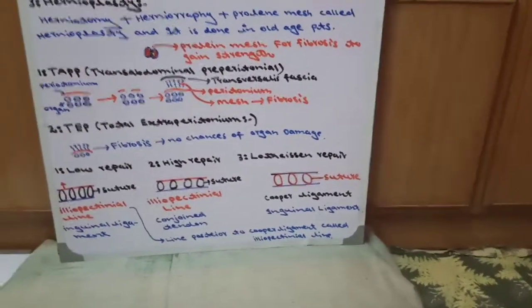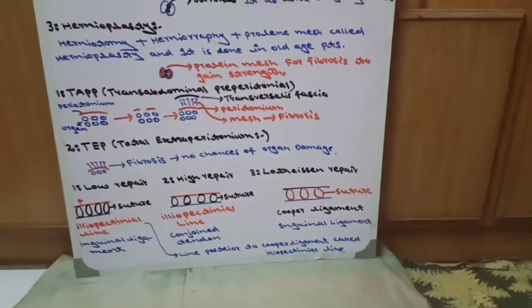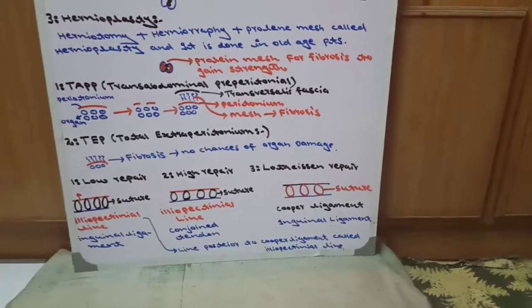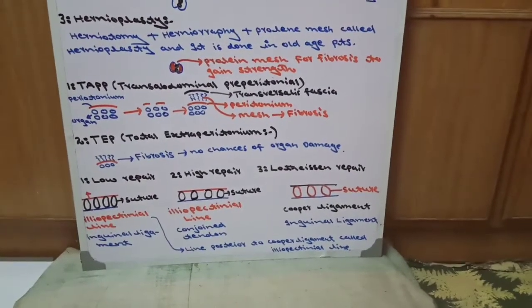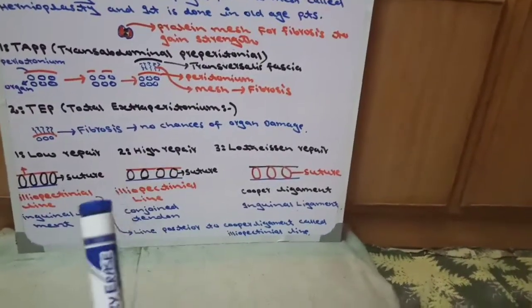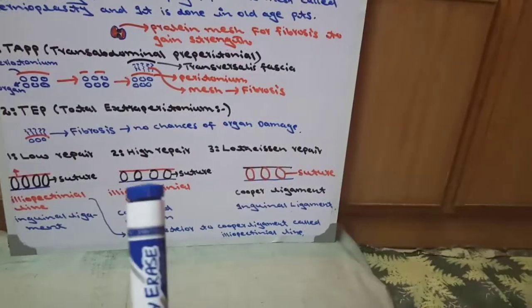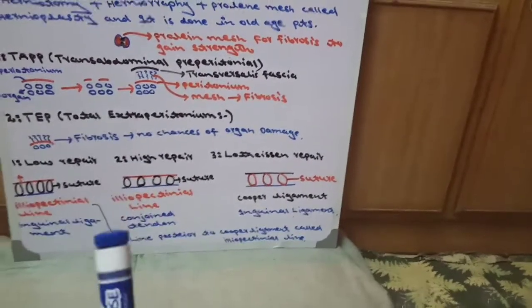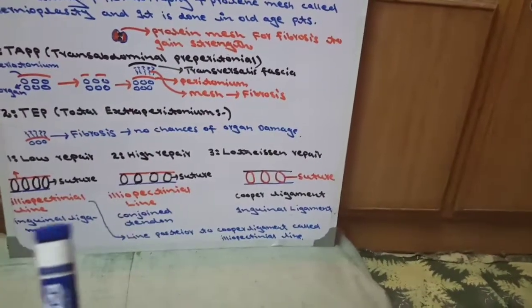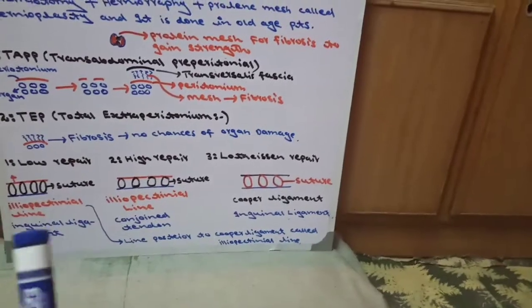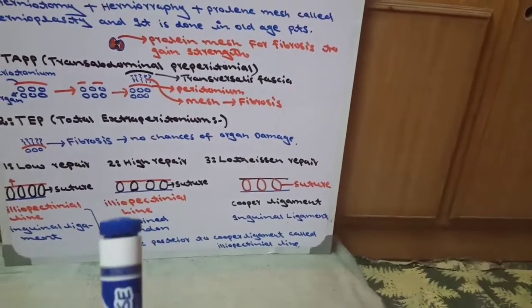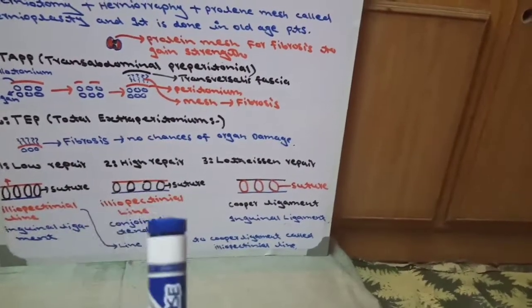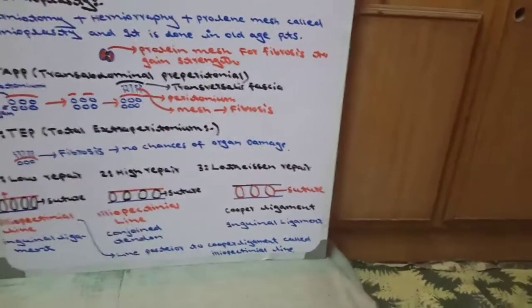In high repair, we move from the abdomen toward the testes. When we place the suturing material, we move from high to low. We move from abdomen to testes. This red line again shows the iliopectineal line, and here the blue line is changed, which is the conjoint tendon in place of the inguinal ligament. In low repair there is the inguinal ligament. In high repair there is the conjoint tendon. We place the suture between the iliopectineal line and conjoint tendon.